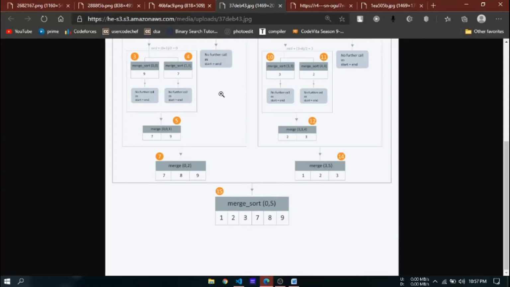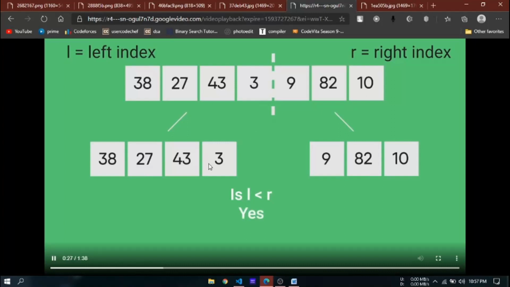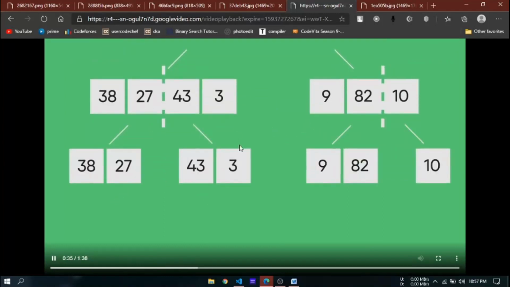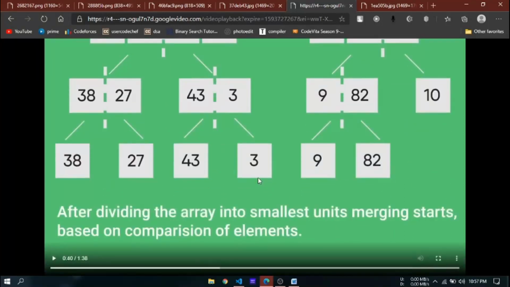You must be wondering how we are breaking this many times and merging it again and again. We do this by recursion. I will explain this with a simple GFG video. Simply, we will break this array into two parts. Then we will see if the left part is smaller. As you can see, again we will break. First of all, we have to break every element here. After breaking, now comes the important part.